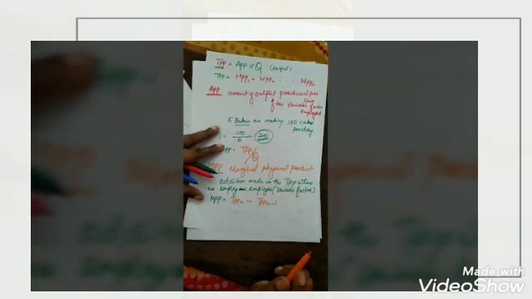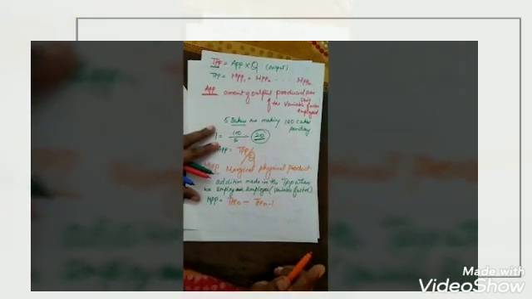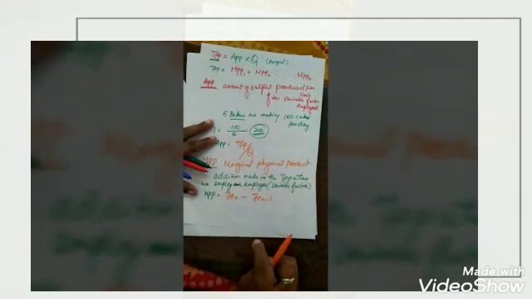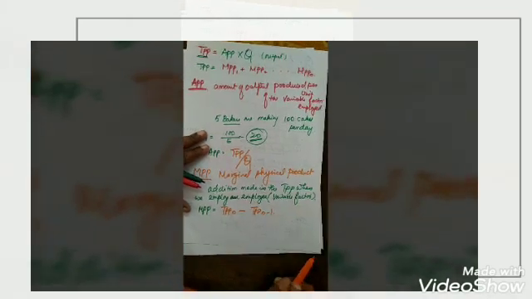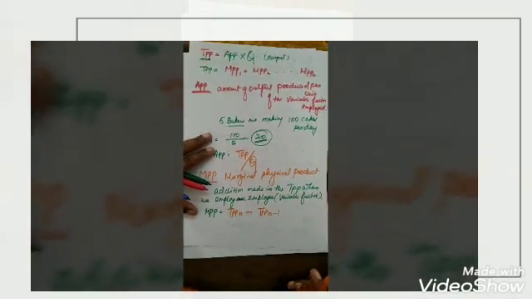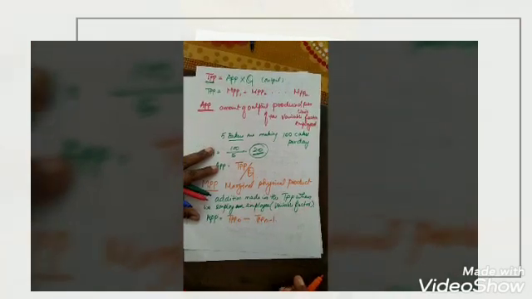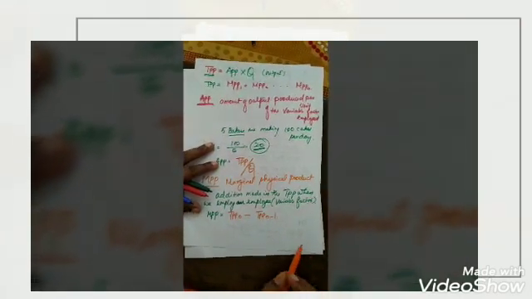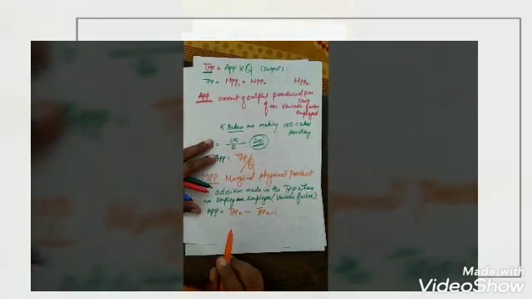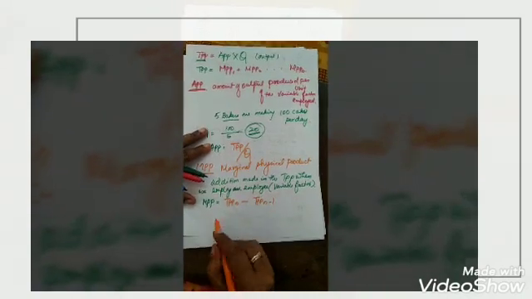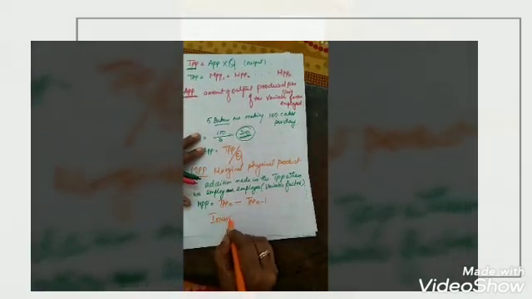The 8th employee, he produces the 13th chair. The 13th chair alone is called the marginal product. Marginal labor, marginal product. So, the addition made in the total product when we are employing an employee, otherwise a variable factor, what he produces is called the marginal physical product. Is it clear? So, MPP is equal to TPPn minus TPPn-1. So, what is the shape of all 3 curves? It is in the form of an inverted U shape.